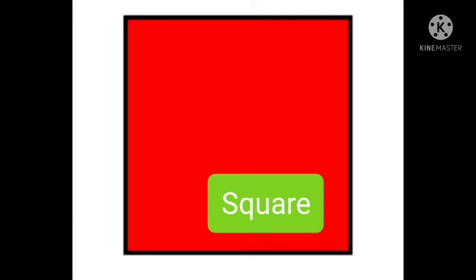What is the shape? It has 4 sides. It has 4 corners. This is a square. Can you recall the examples that I showed you for a square? 50-50 biscuit is an example for a square. Then I showed you a square clock and also chocolates. Dairy Milk chocolate is a bar chocolate with so many small squares in it. These are all examples for a square. A square has 4 sides and 4 corners. Shall we go to the next one?